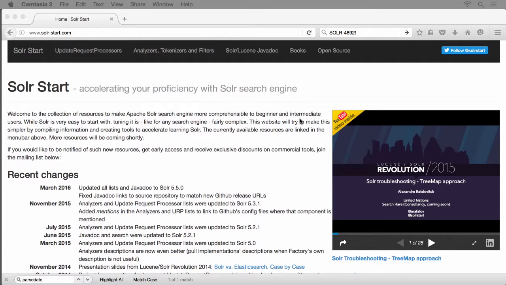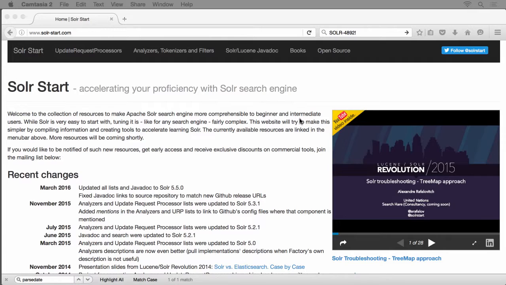I've been using my own website continuously to improve my solar knowledge, and just realized that not every flaw built into the site is absolutely obvious. So here is a quick demo of how to quickly discover useful solar components, navigate to their Java doc and usage examples, and, if desired, to even go to the source code and then to the version control history to see when a particular implementation became available.